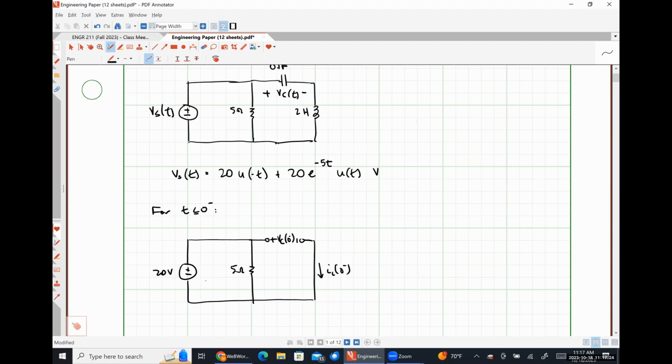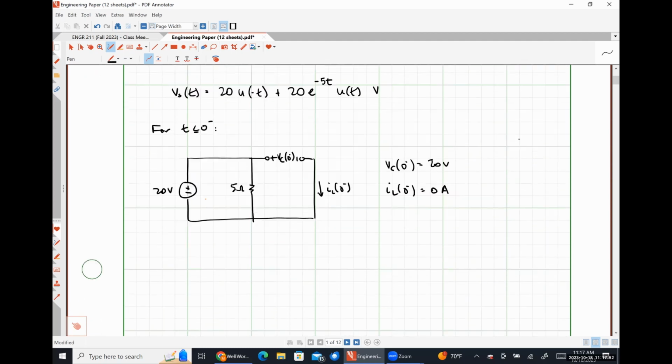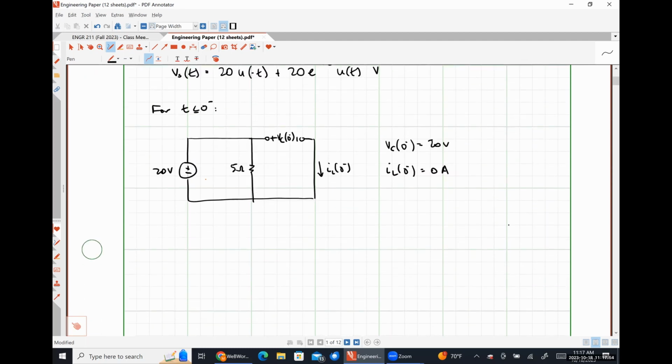Okay. So hopefully everybody can see very easily for this particular example that VC of 0 minus is 20 volts. And IL of 0 minus must be 0 amps. I really hope that at this point in Circuits 3, you all agree with that. All right, so assuming we're all in agreement there,